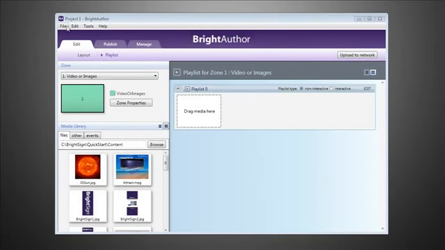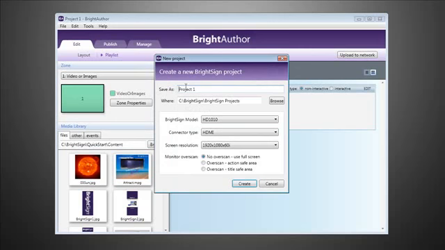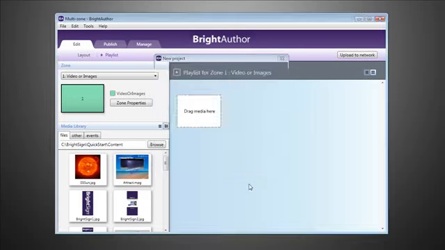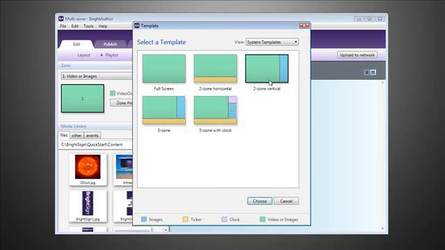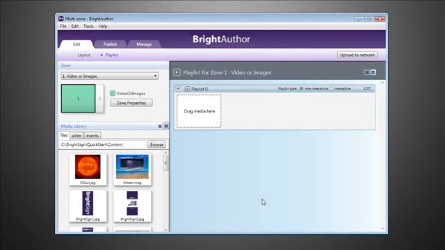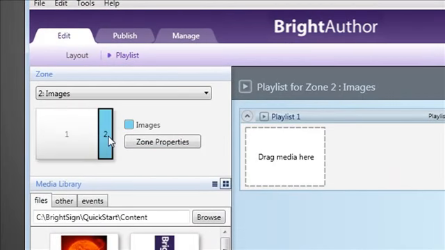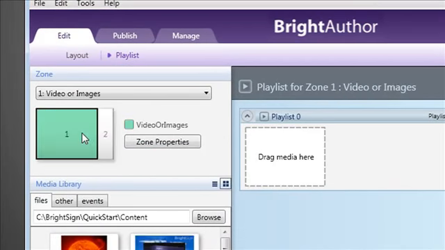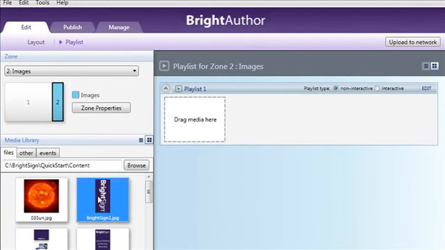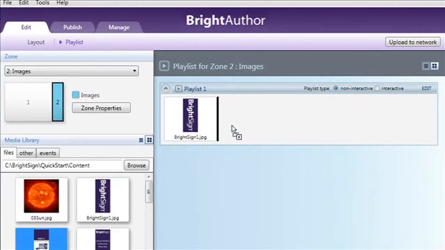After opening the BrightAuthor application, starting a new project, and choosing our settings, we'll choose one of the multi-zone templates. An important note with the multi-zone project is that each zone, or division of the screen, acts as an individual independent presentation. We access each zone by clicking on the thumbnail representation here. Clicking each zone will show the zone's playlist, which we populate and manage just as we would with a single